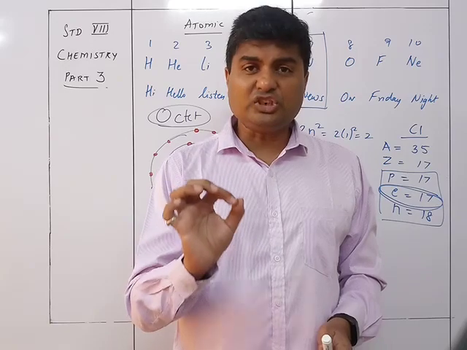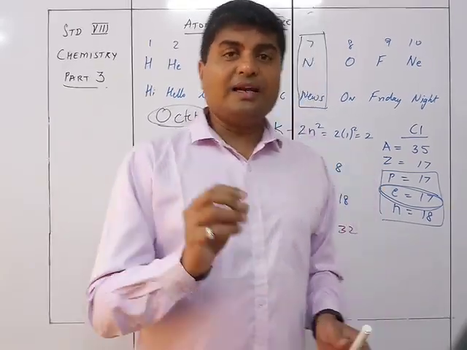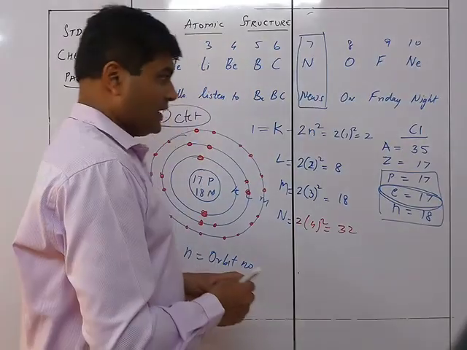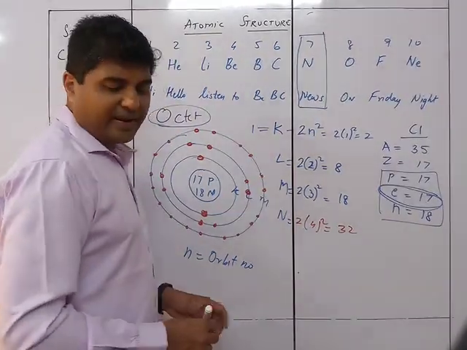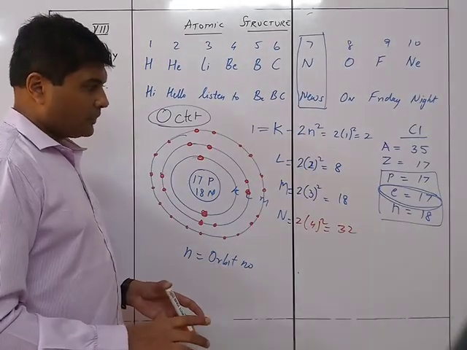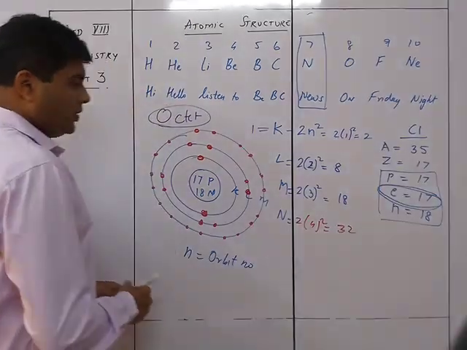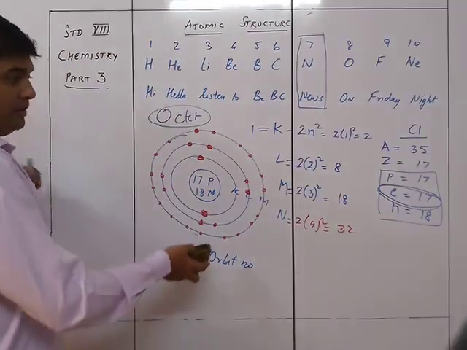Okay, if it is the last shell, if it is the last orbit, that means the last shell. Let me tell you one thing. I'll just give an example over here. Suppose we take an example over here, wherein you can take this example. So you know what will happen over here.